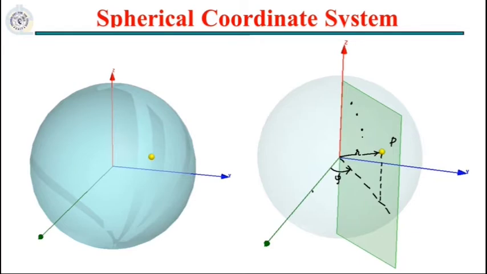So we are yet to find one more parameter that can precisely give me the location of a point, or precisely define a point. So what is that parameter that gives me that information? That parameter is given by theta. Theta will be an angle that is made by a plane. We call it a theta plane. Theta is the angle made by the plane with reference to your z-axis.